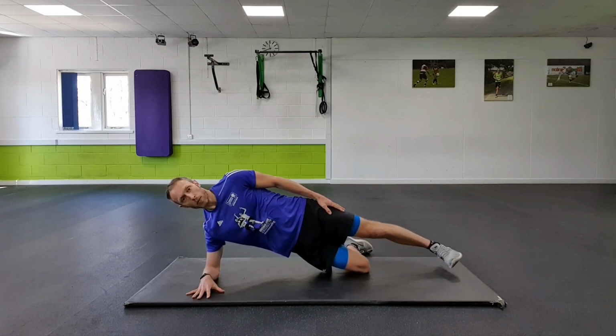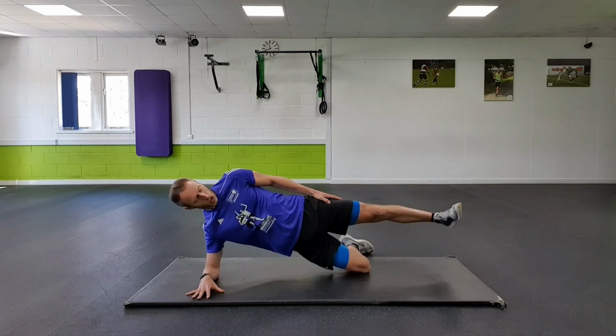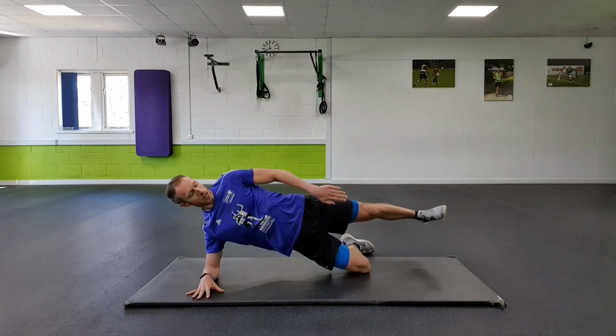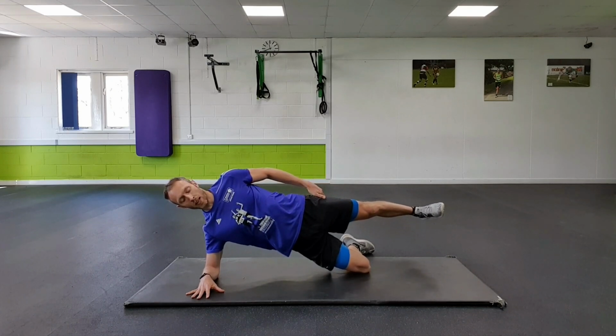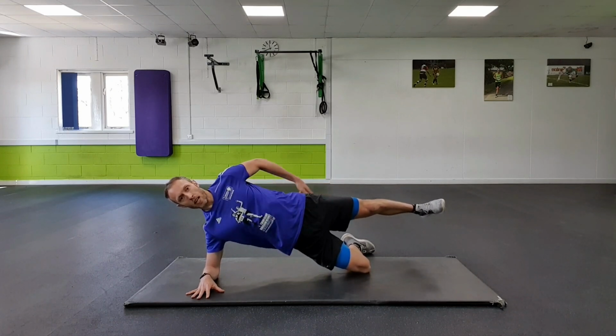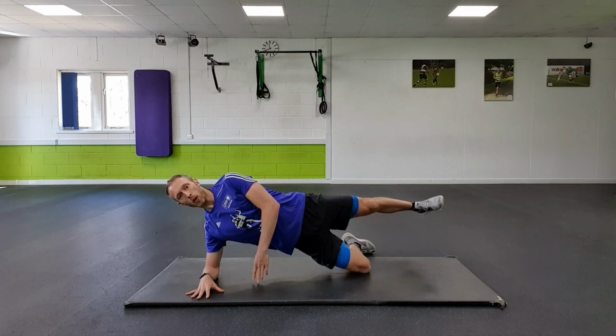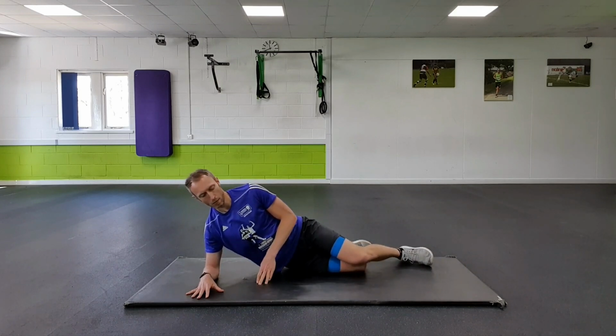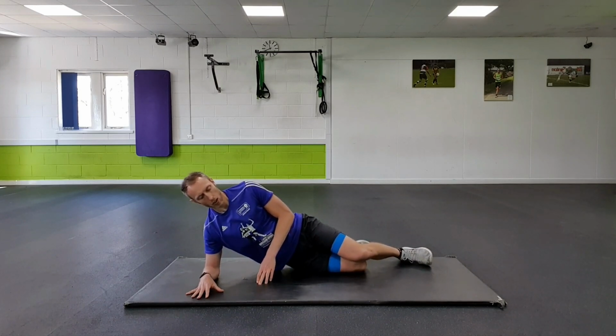Now we're going to work this top leg. You're going to lift it upwards and turn it back slightly and try and take that back leg, that top leg back slightly. So working here and we're squeezing through here. We're going to hold for about 10 seconds and then we're going to come back in and back down for a moment. Going to lift again,